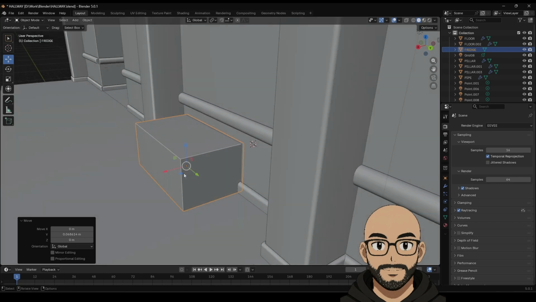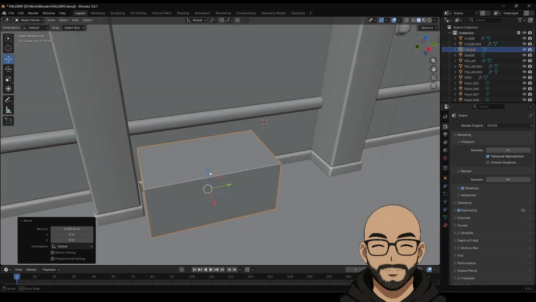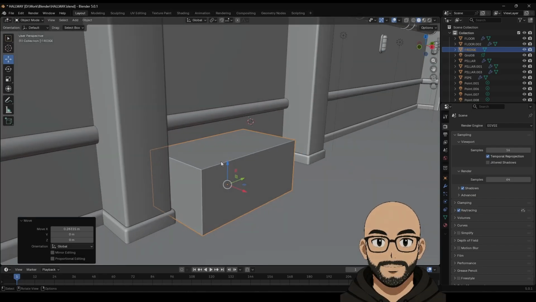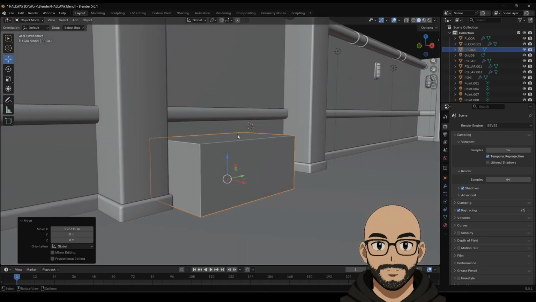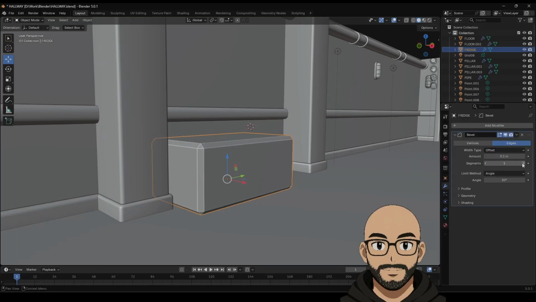I'm going to just pull this forward. It's not going to go into the skirting board or into here, but the lid will just go underneath. So I'm just going to here, maybe